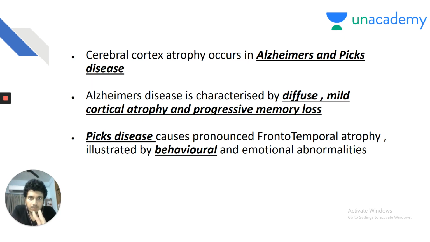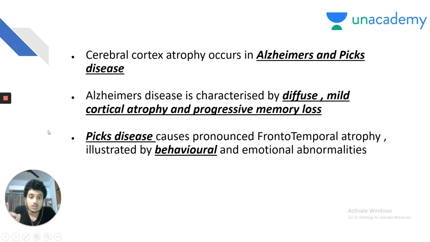Again, option number B, cerebral cortex atrophy occurs in Alzheimer's disease and Pick's disease. Again, my dear friend, you must be able to correlate between Alzheimer's and Pick's disease. Alzheimer's disease is characterized by diffuse mild cortical atrophy and progressive memory loss. So, diffuse atrophy and progressive memory loss is Alzheimer's disease, whereas Pick's disease causes frontotemporal atrophy, illustrated by behavioral and